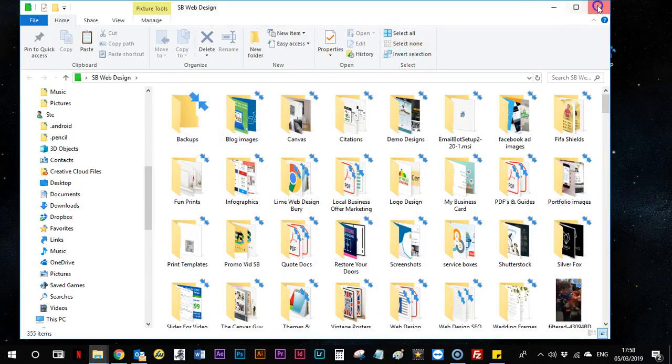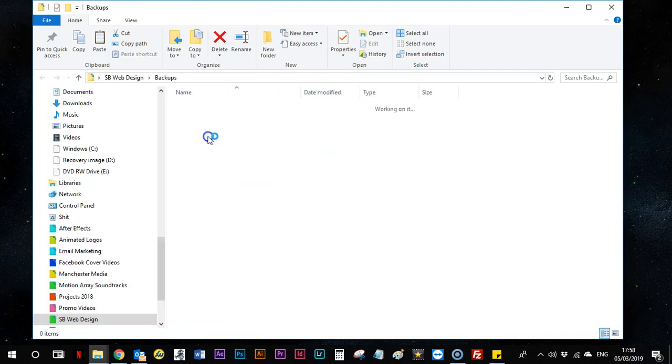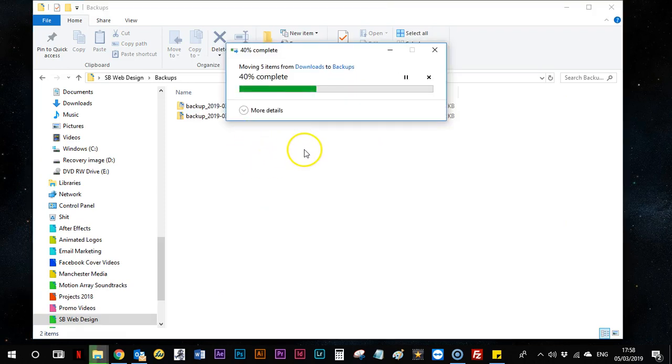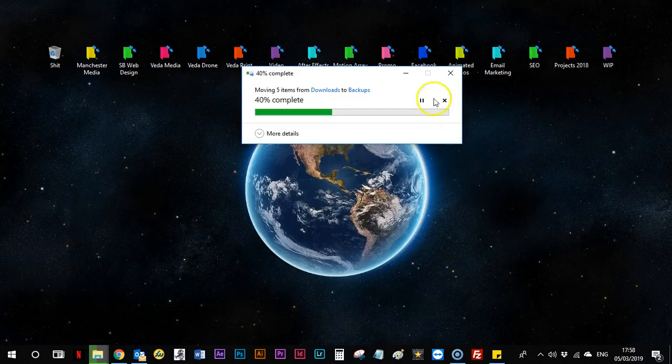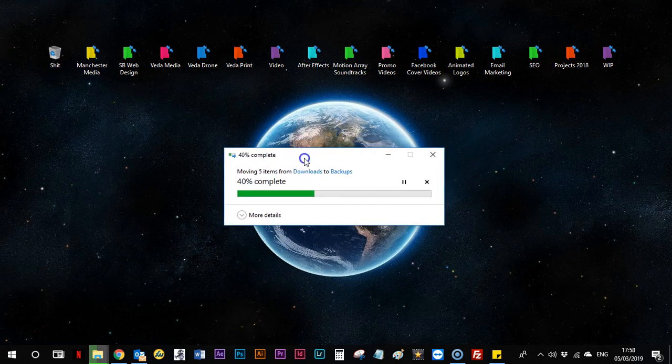And then I go to my SB Web Design folder, backups, and then I will paste them into the backup folder. And it's as simple as that. Now, obviously, you don't really want to be wanting to remember to do this every week. We all want to try and make our to-do lists smaller. So this is one of those elements where you want to automate